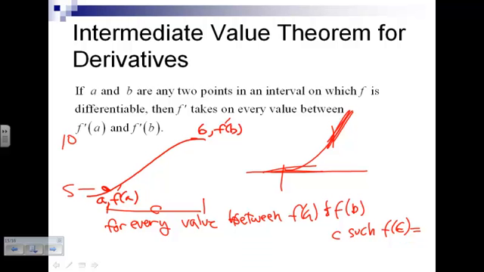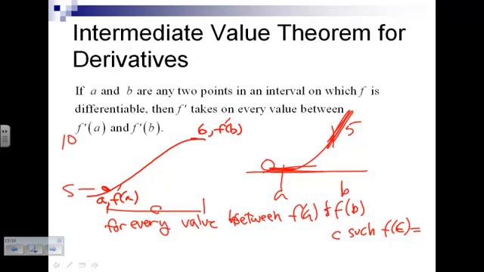If a function is differentiable from a to b, and had a 0 slope there, and a slope of 5 here, somewhere in between there is going to be a slope of 4, or 2, or 1/2. All the values of the slopes have to fill in if the function is differentiable. That's like a good check for